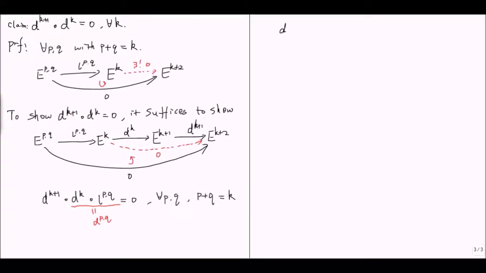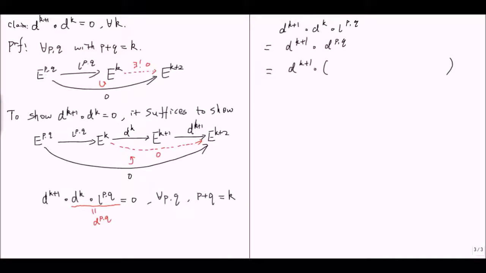So d^{k+1} composed with d^k composed with iota_{pq} is actually equal to d^{k+1} composed with d_{pq}, and which is further equal to